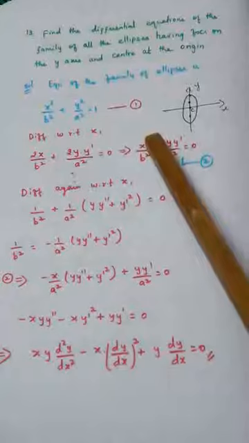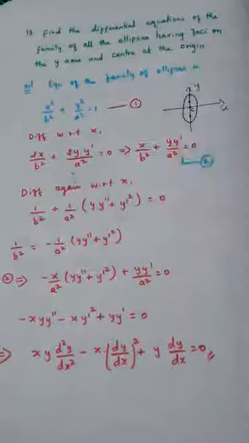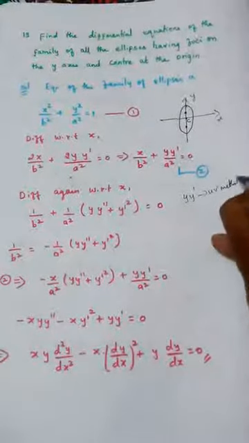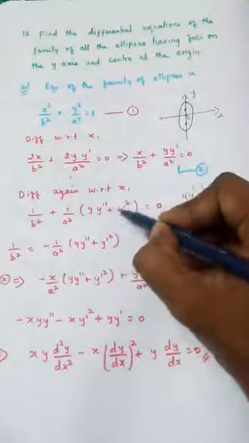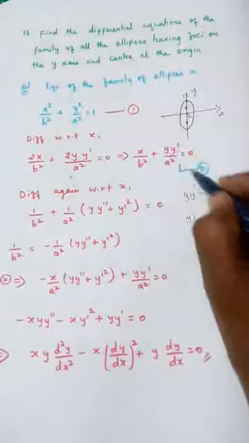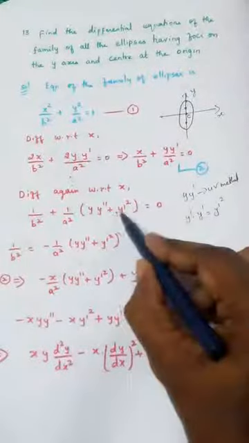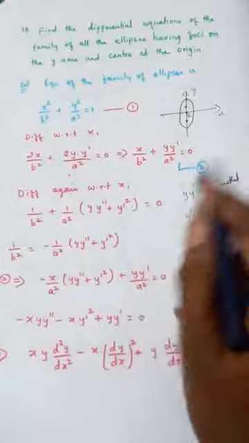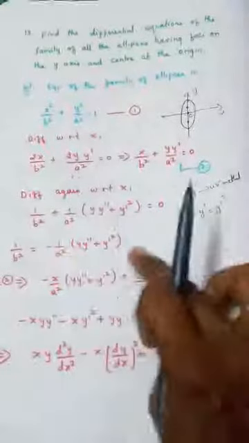So we are differentiating again with respect to x. When I differentiate x, it becomes 1, so 1 by b square. 1 by a square is constant. Y dash should be differentiated using the UV method. So u is kept, y dash if you differentiate gives y double dash, plus v is y dash, v is y dash. If you differentiate u, again it will give y dash, so that it becomes y dash square. That is what is written here. So u v dash plus v u dash is this. Combining that, we are writing y dash square equal to 0. Now taking this term to the other side becomes minus.